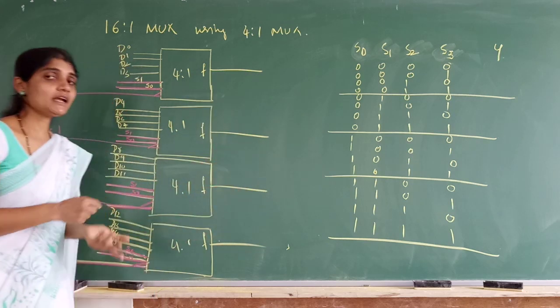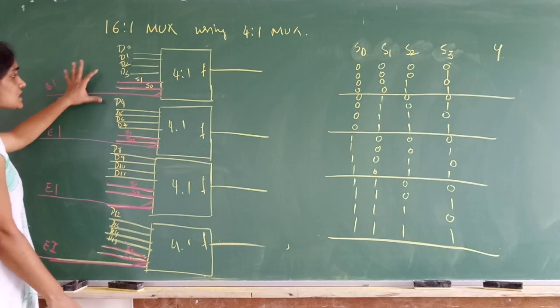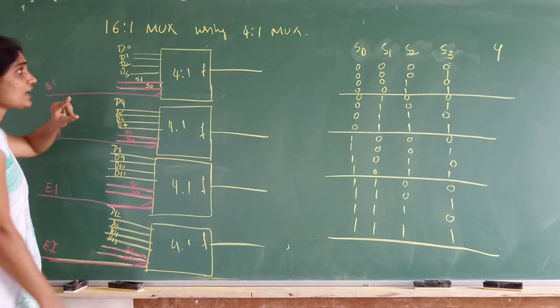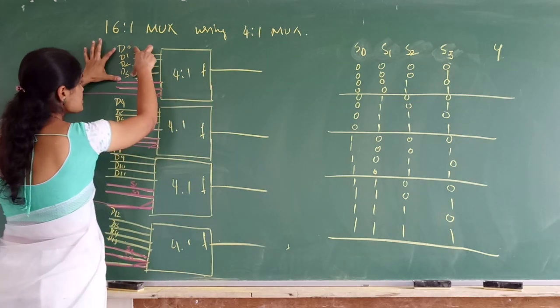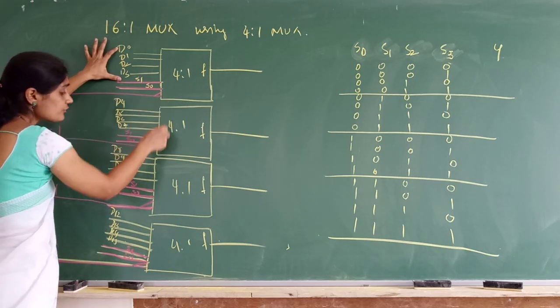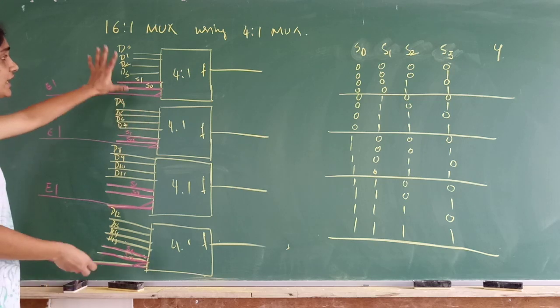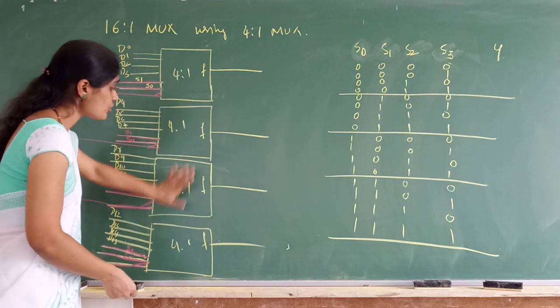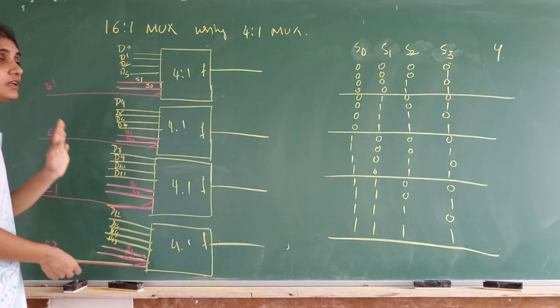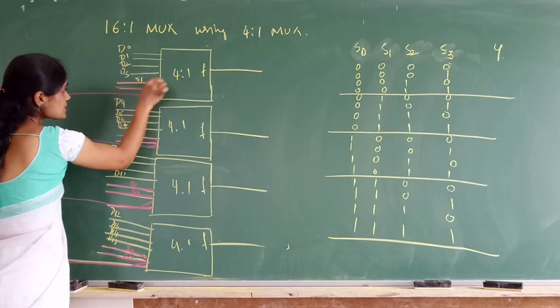So the question is to configure 16:1 mux using 4:1 mux. You have to decide how many 4:1 multiplexer you will have to use. Since for a 16:1 mux, 16 inputs are there, and for a 4:1 mux, 4 inputs will be there. In order to get 16 inputs, I will have to use 4 4:1 mux. Here I have not written anything else. I have just kept 4 4:1 mux ready. That's all. Okay. So 4:1 mux, 4 inputs, 2 select inputs.